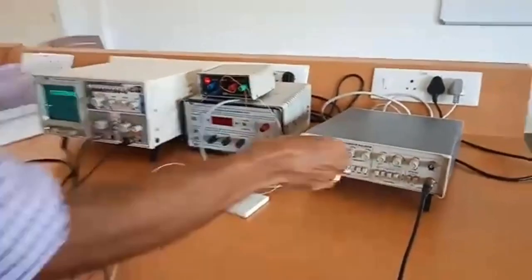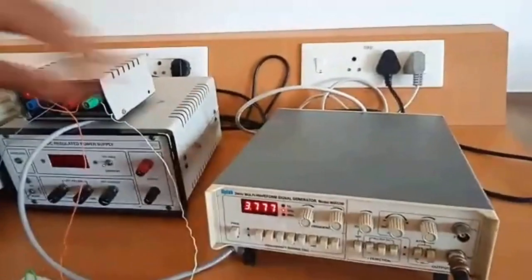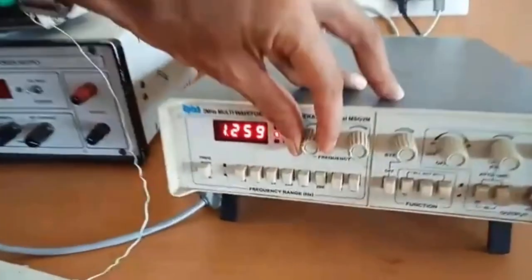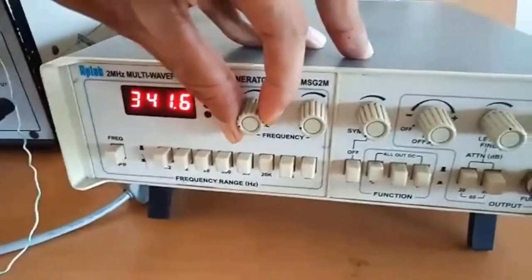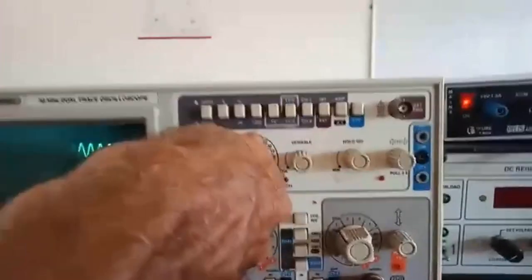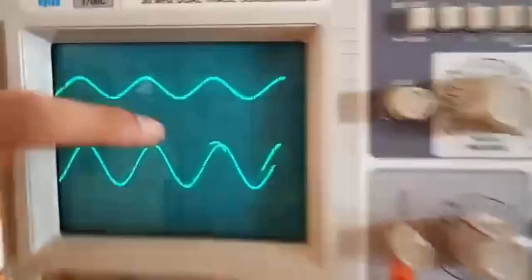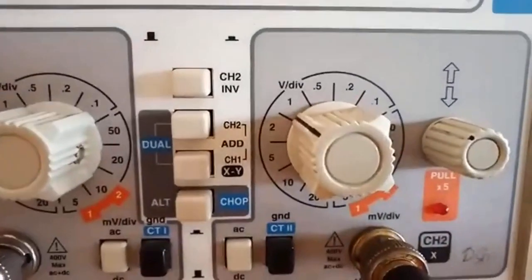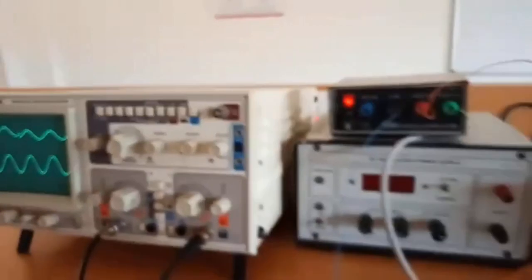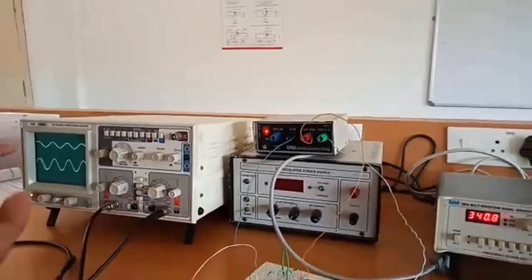Now we have to calculate the practical cutoff frequency, whether it's matching with my theoretical value or not. For that, again I'll go back to a low frequency range, maybe 100, 200, 300. At that time, what is the output voltage that I observe? The output voltage is roughly 2 divisions, multiplied by 1. That means it is 2 volt. We are expecting 2 volt because the circuit is designed for a gain of 2. So I'm getting 2 volt here.